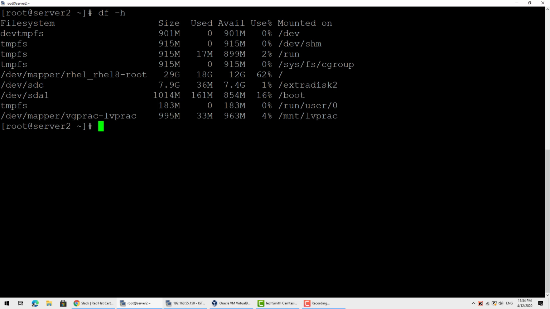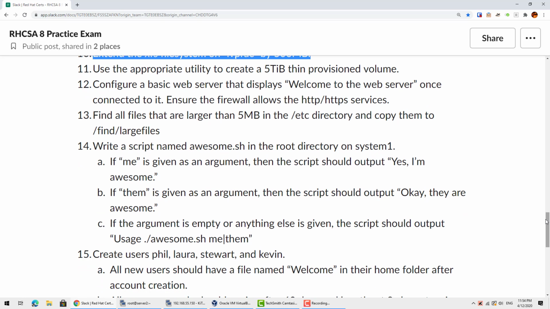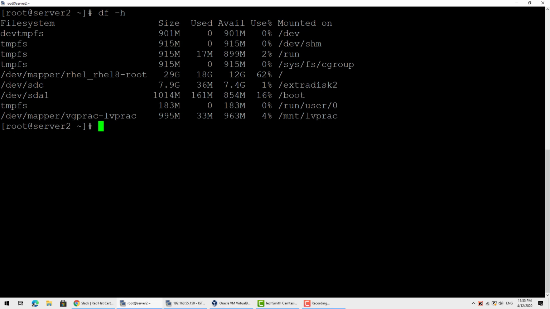Yep. Cool. So the next one on the list is, use an appropriate utility to create a 5 terabyte thin provisioned volume. So when you come across thin provision, most likely they're going to be talking about VDO, because that's really the core use case for this. So let's do a VDO volume. So I think we can use that other disk we had. So I think it was,